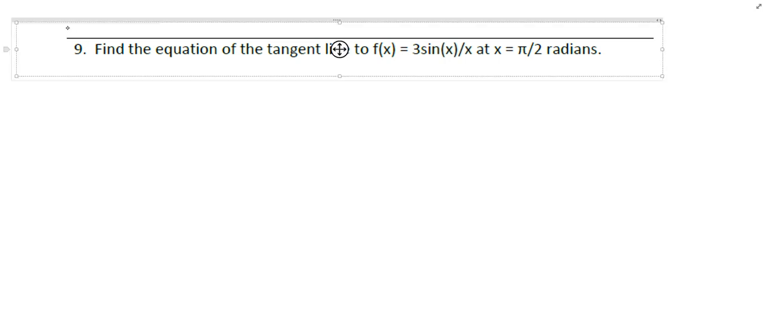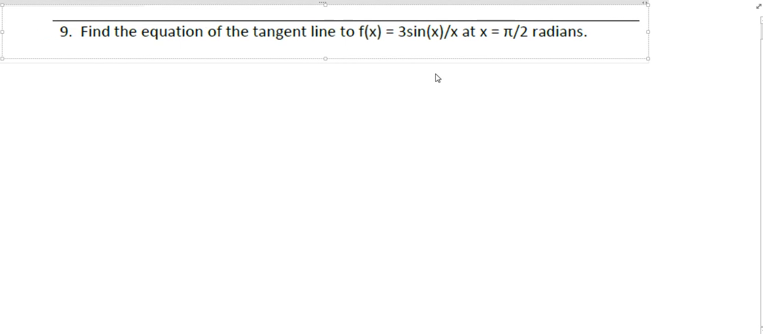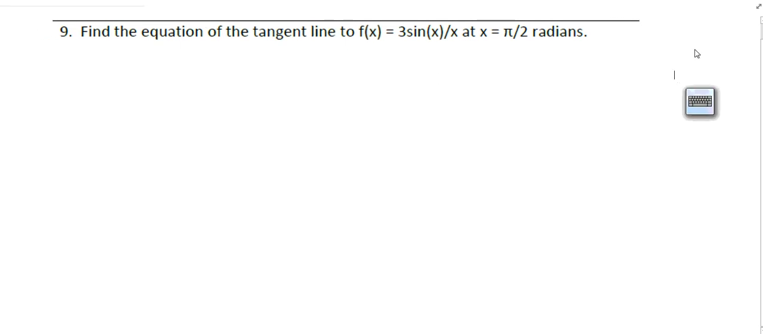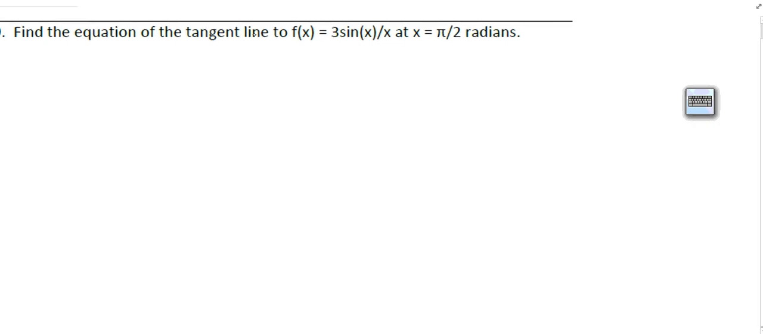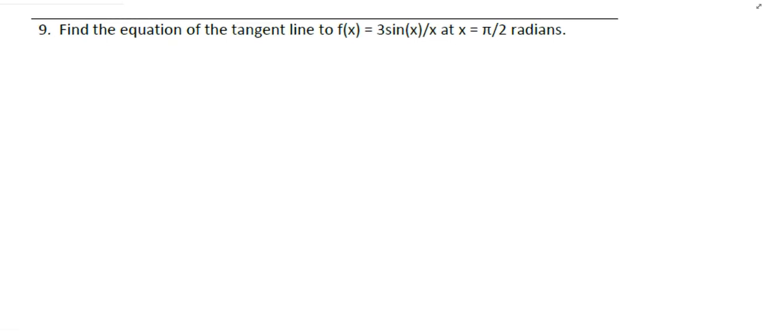Okay, let's take a look at number 9, where we're going to find the equation of the tangent line to f of x, which equals 3 sine of x divided by x at x equals pi over 2. So notice that we're trying to find the tangent line. So we're going to set up our equation, and we'll do that over here on the side,